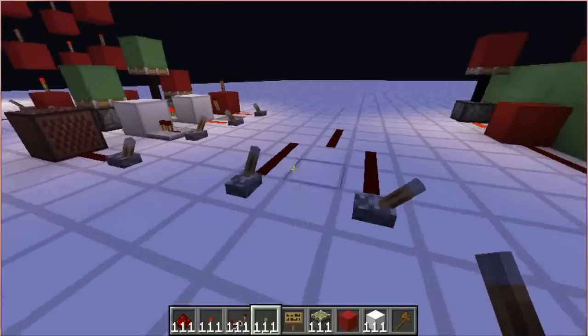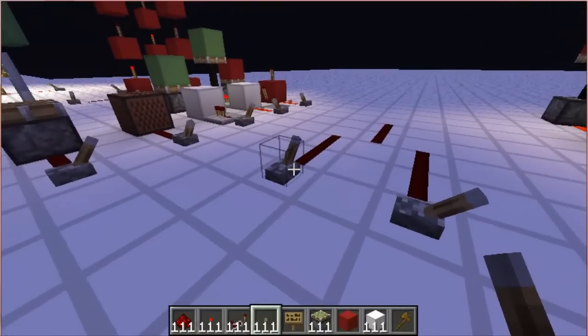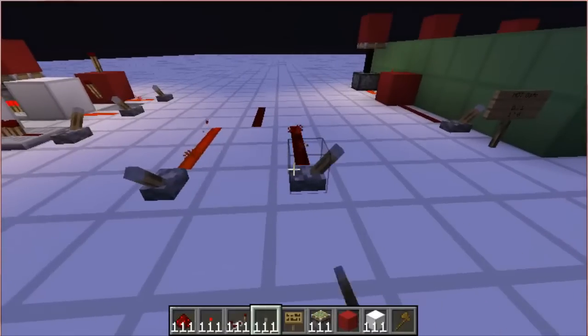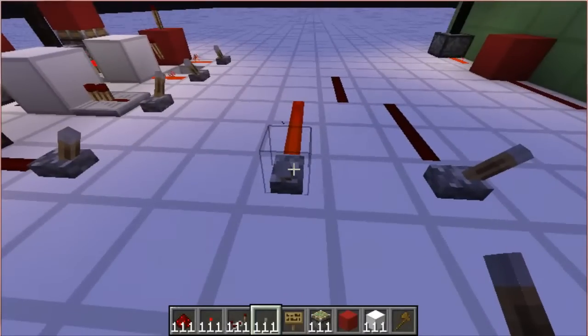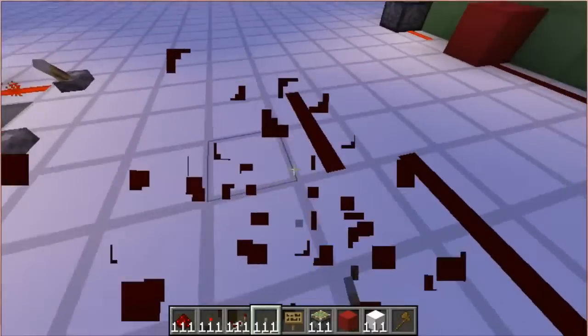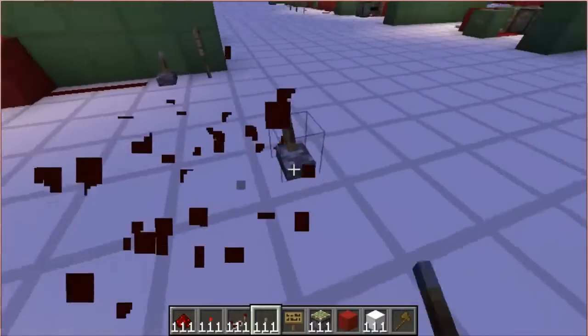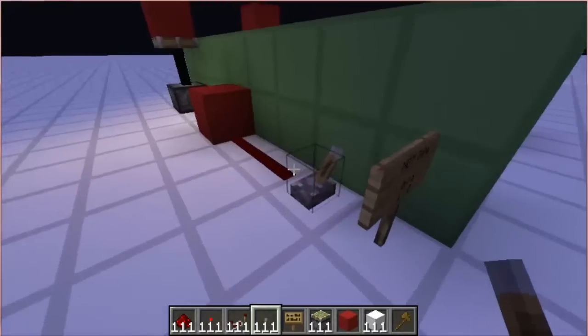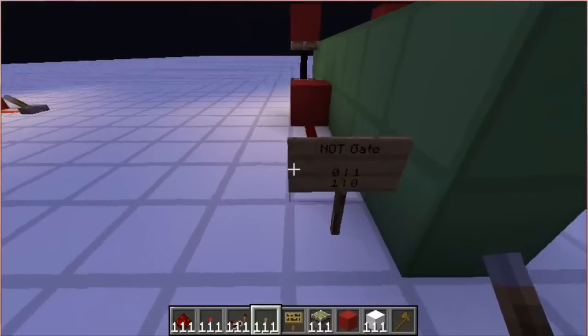Another logic gate would require them both to be off for the output to be on. Another one would require them both to be on for the output to be on. And another one would require it to be switching from on to off, and it detects that it's turning off and sends out a quick pulse. I'll go into that. Anyways, the first logic gate that we're going to be talking about is this thing right here,